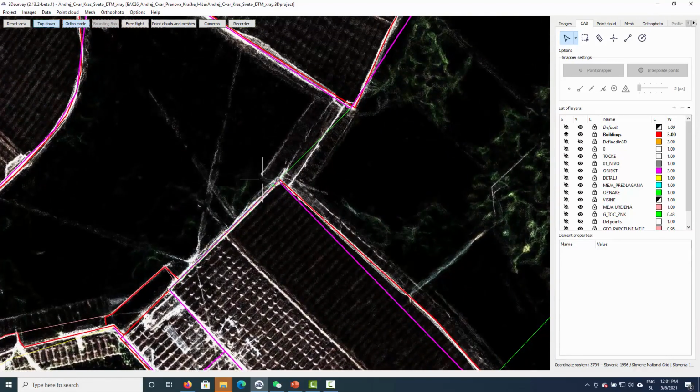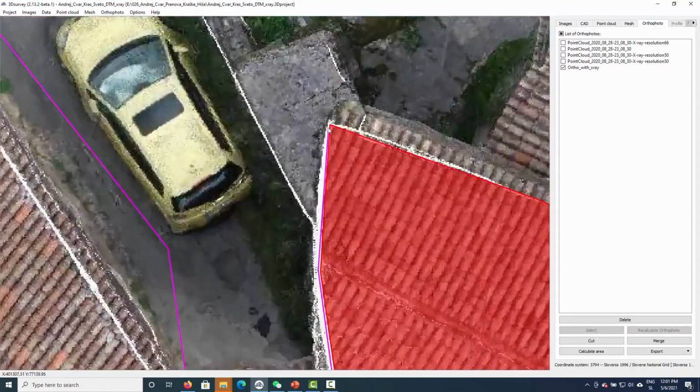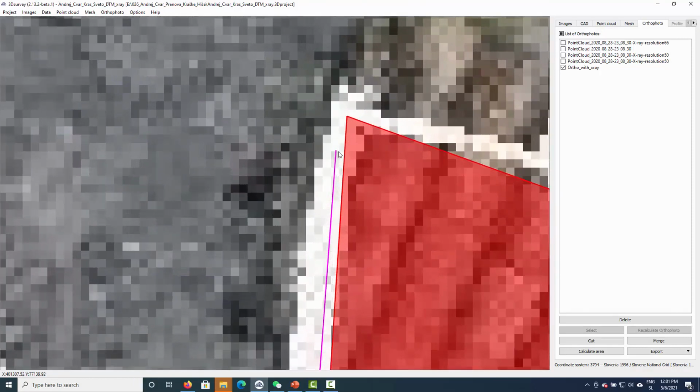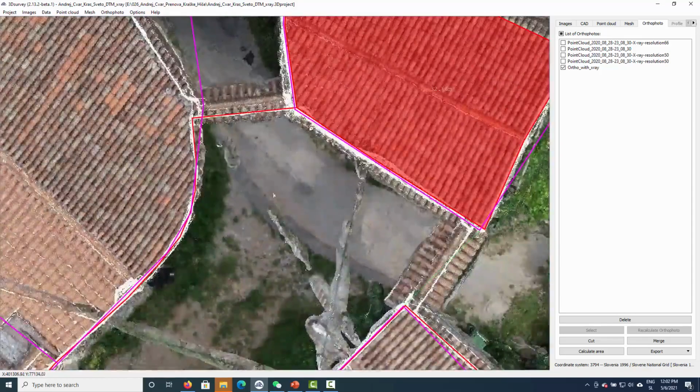What we can do now is we can check what kind of differences we have. If I zoom in here, so here was a point measured, so this corner here, we see that here we maybe have about 2 centimeters of difference. Let's go to, okay, so here was the point measured by a land surveyor and here's ours, so they are pretty similar. I would say that ours is more accurate one, but of course